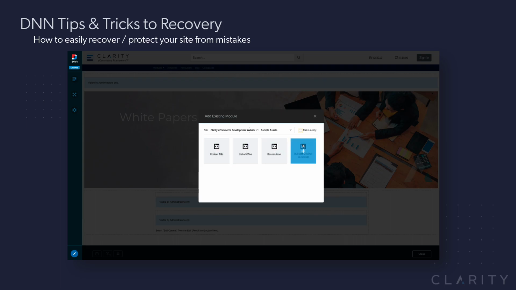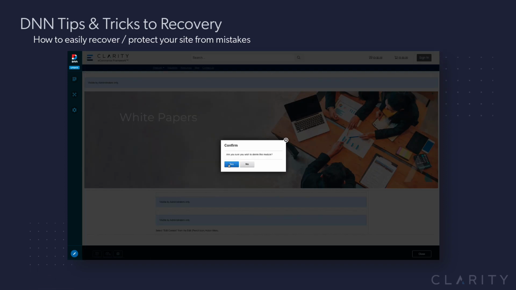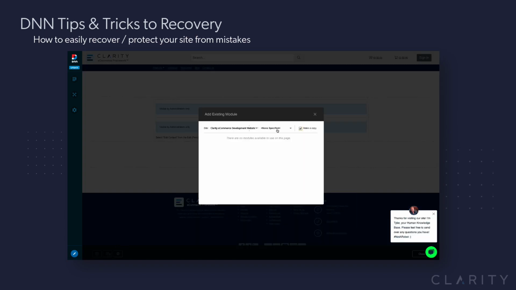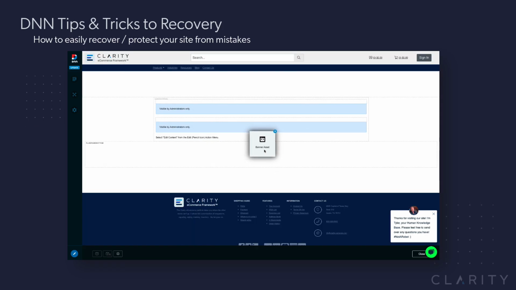Now, oops, I forgot to make a copy. So now if I mess this one up or change this one, it's also going to change it on my digital asset page, which I don't want to do. So I'm going to go back and add it again. But when I pick the page this time, and say sample assets, I want to make sure make a copy is checked. So now when I add the banner,